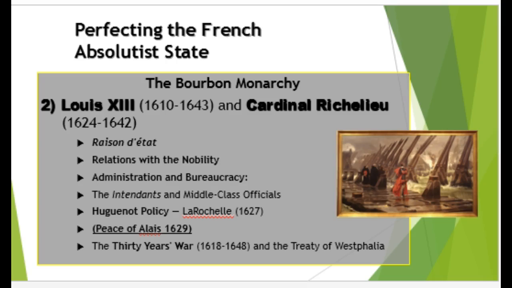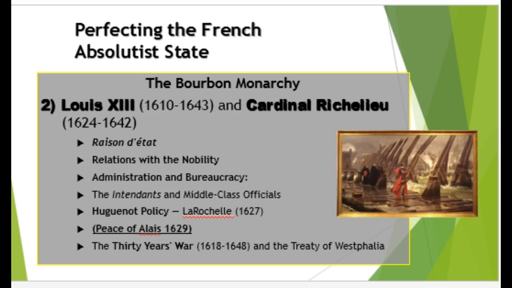Intendants. This is really one of the biggest contributions of Richelieu, and it refers to the holder of a public administrative office. The intendants were sent locally to supervise and enforce the king's will in the local provinces, and they had jurisdiction over three areas: finances, policing, and justice. They were loyal only to the king, and they were appointed by the king.